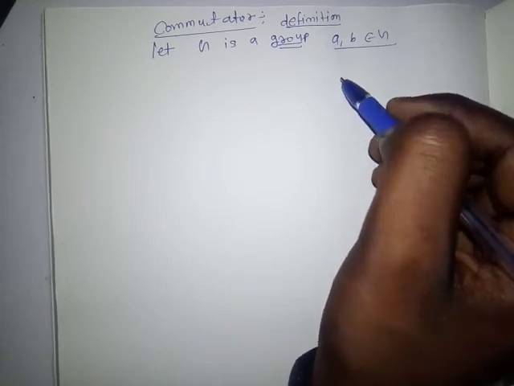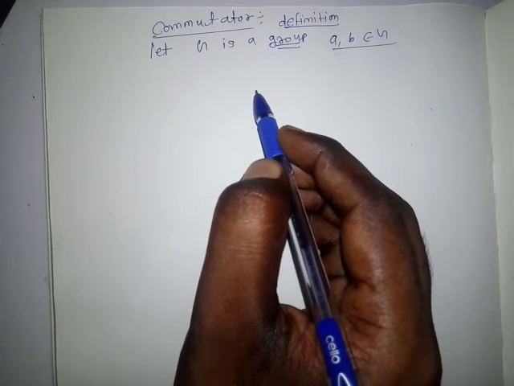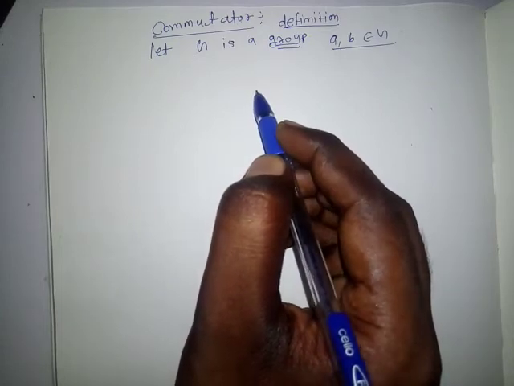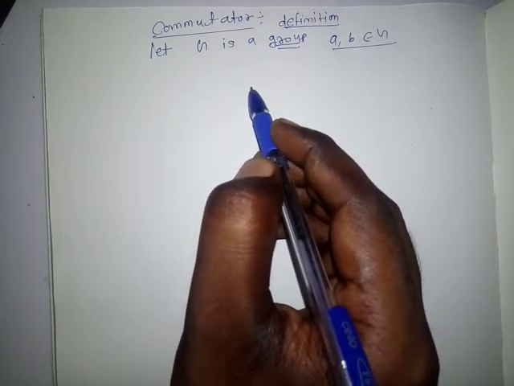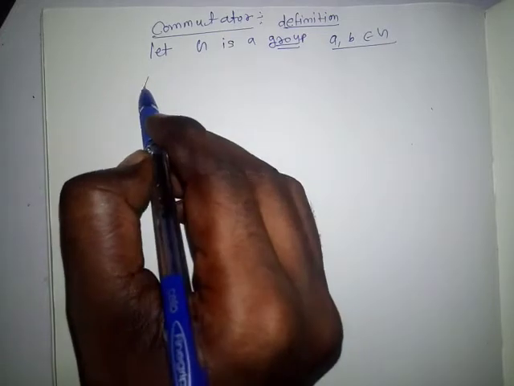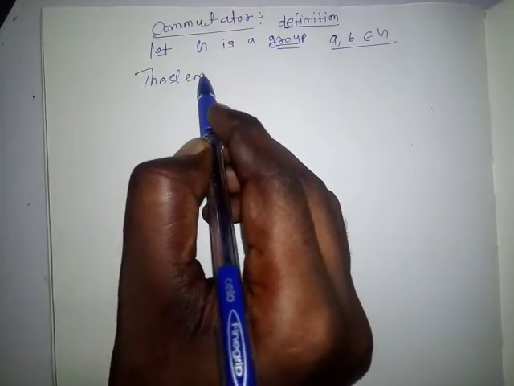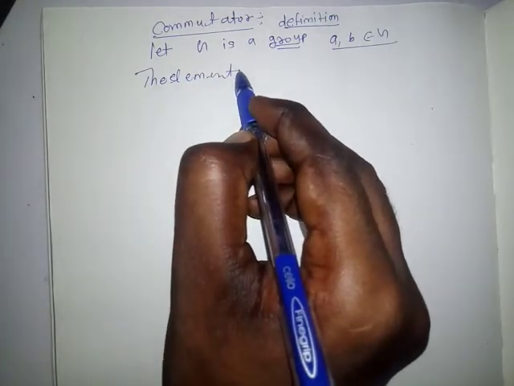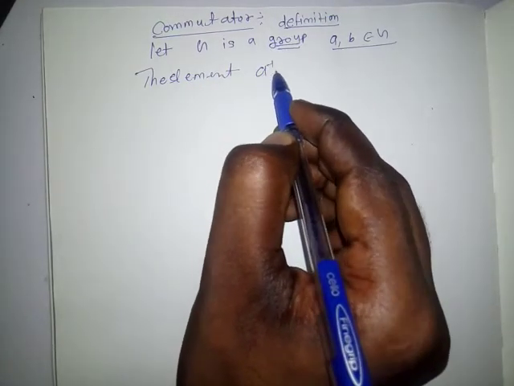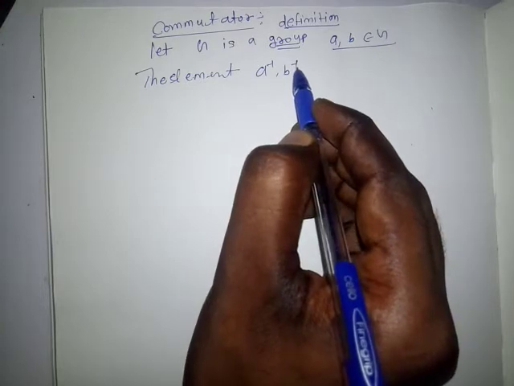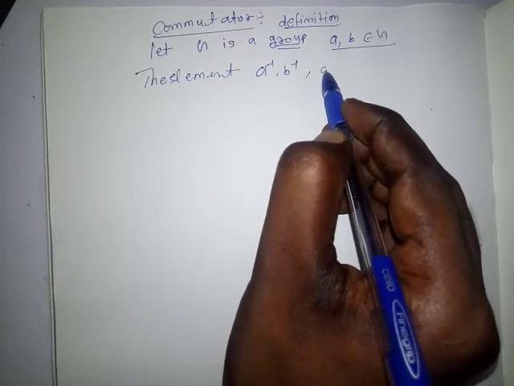And now the element of A inverse and B inverse and AB